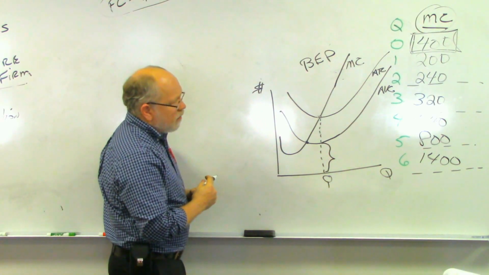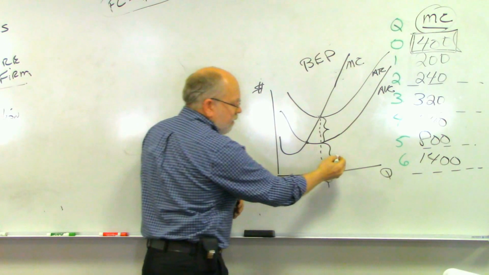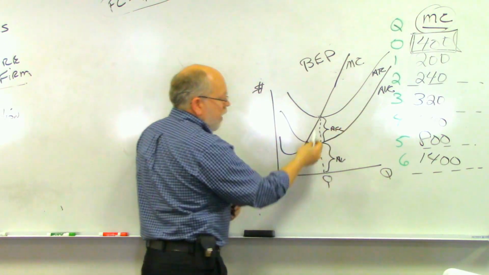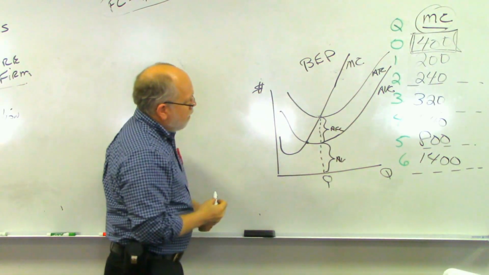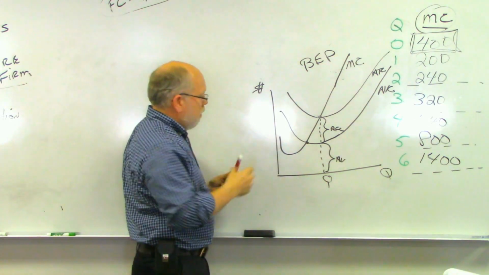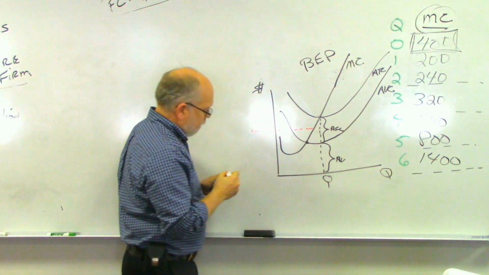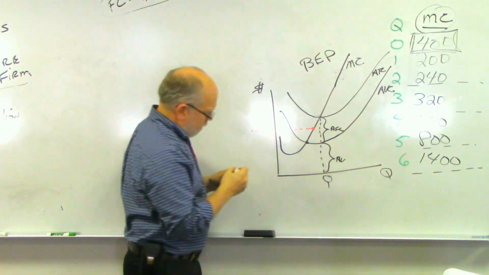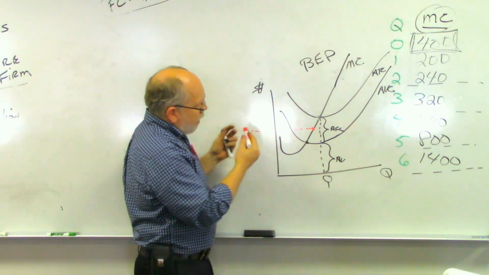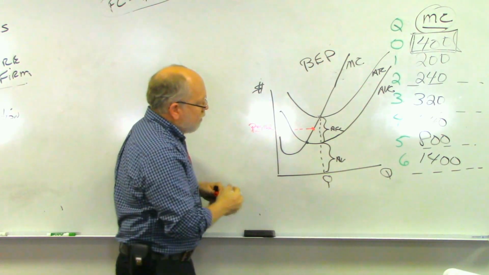How much is our average fixed cost? It would be this much right there. Add our average variable cost to our average fixed cost, and that takes us up to our average total cost. But what happens if the market out there brings the price all the way down to this level here? If we say, okay, well, we're going to produce where MR, which is price, equals MC,